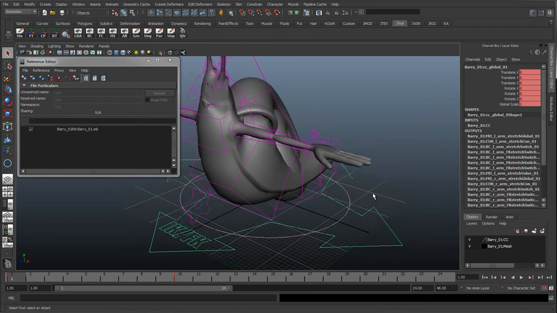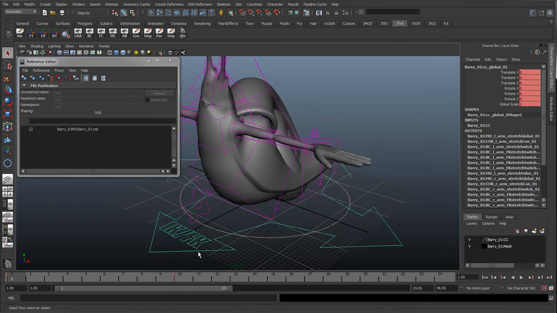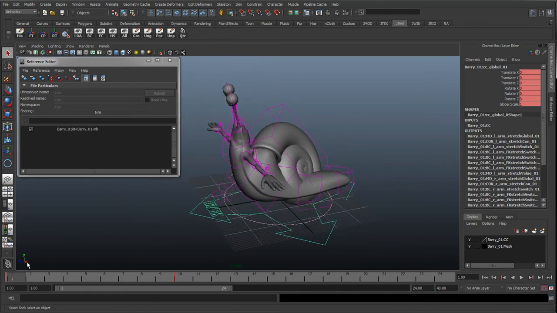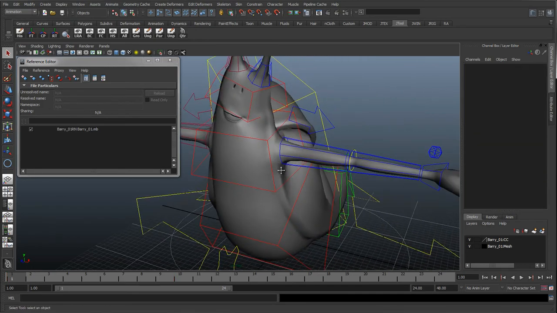And because we haven't renamed any of these controls, as you can see, any animation they've done is going to apply straight to the rig straight away. So it's going to be seamless, we're going to have no problems, and it's going to save a lot of time. So worst case scenario, you had a skinning issue on the elbow.